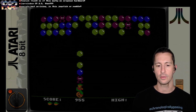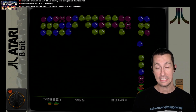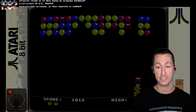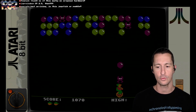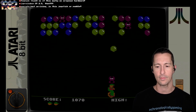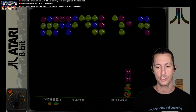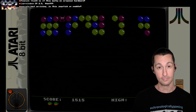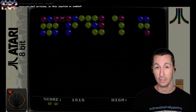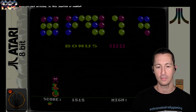If we do make it far enough, though, it has cutscenes in the game, so you can see Pac-Man in this game. So this has Pac-Man as a cutscene if you get past this mode, and it goes even further than this. You end up catching more things besides balloons, so there's a lot more to this game than what we saw as the ports on the Commodore Max Machine and Commodore 64. And so that's why I would give this the nod of saying this is just as good presentation-wise and the way that this plays as the official. It's just